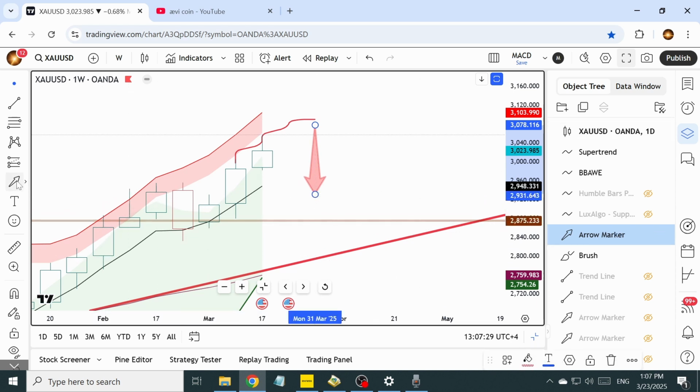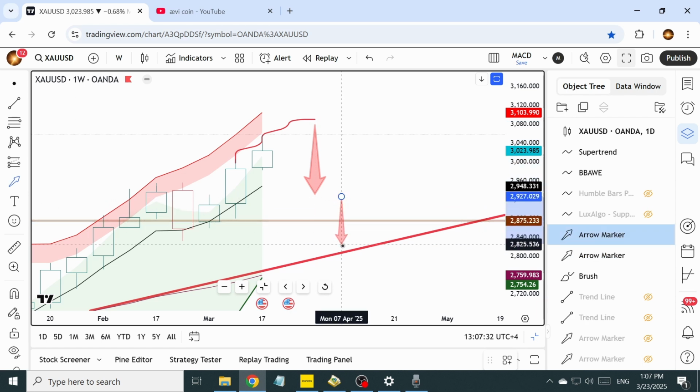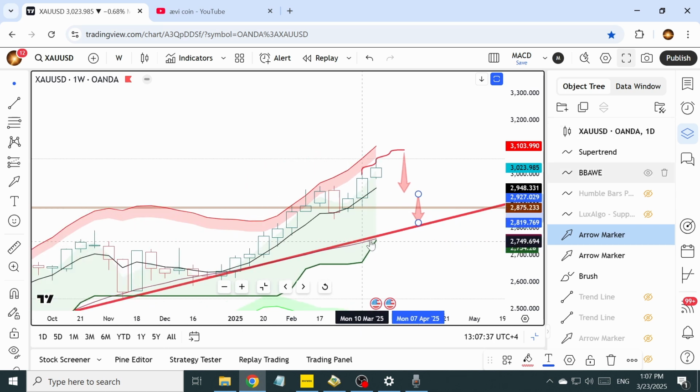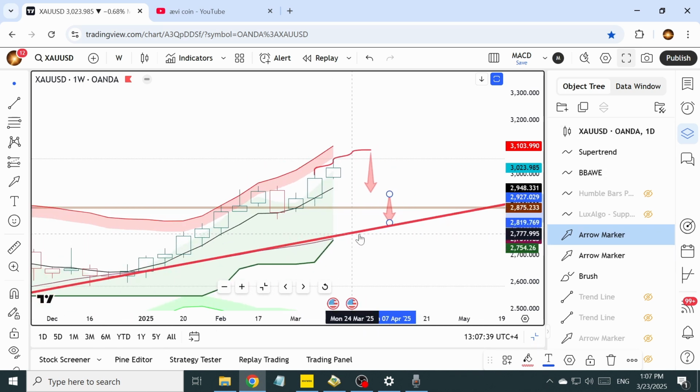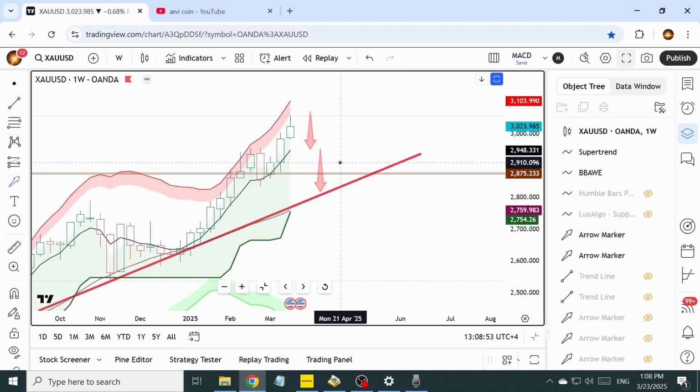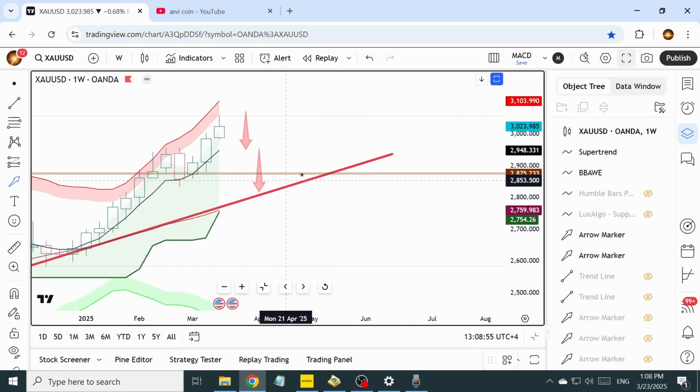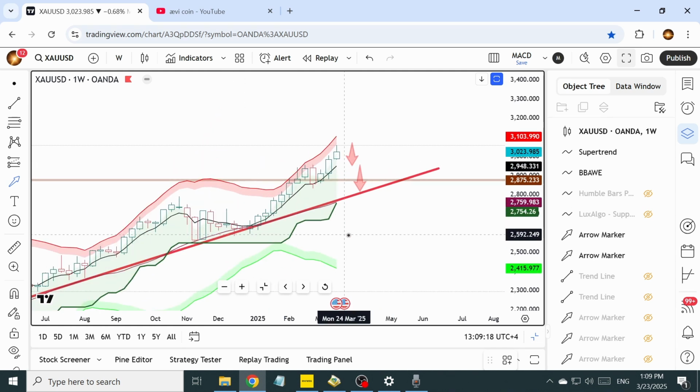We might see the candle after that try to go to the trend line and the 20 EMA of the weekly time frame. In case the price gets the support from this trend line or the 20 EMA of the weekly time frame, then we might see some consolidation and a continuation of the trend. In case the price breaks this trend line, we might see a further move